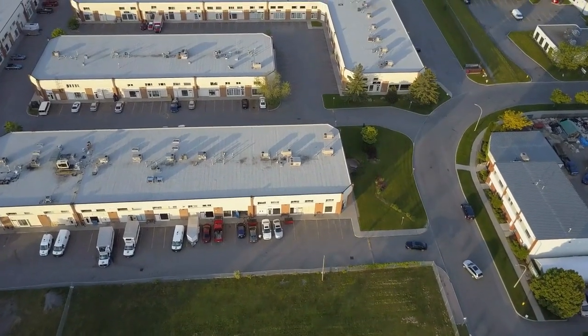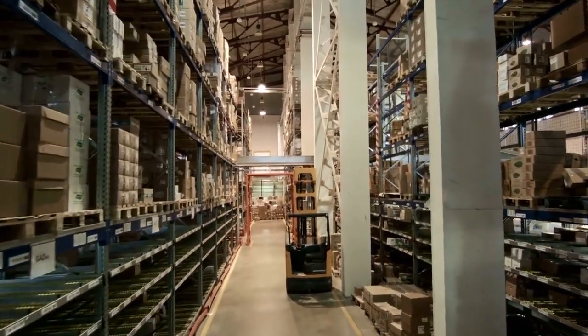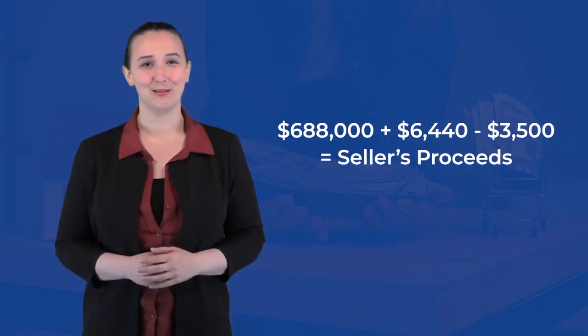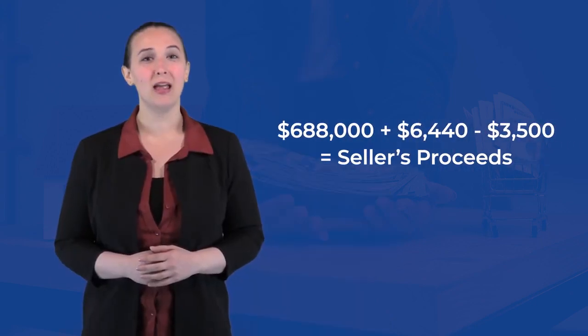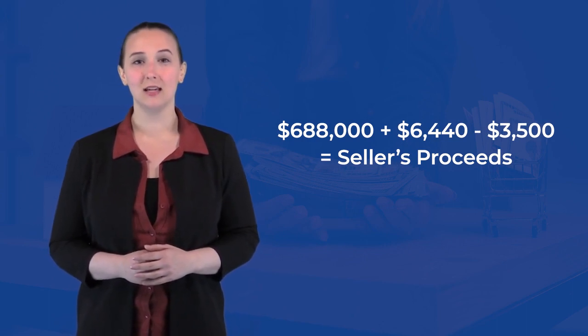Let's say Olivia is selling a commercial warehouse. The price she agreed to with the buyer is $688,000. On top of this, the buyer owes Olivia $6,440 in proration payments. By the closing, Olivia owes $3,500 in closing costs. To find the proceeds Olivia should gain from the sale, we use that formula, and with the numbers inserted, it looks like this. We start by adding together the sale price and the buyer's proration payments to get